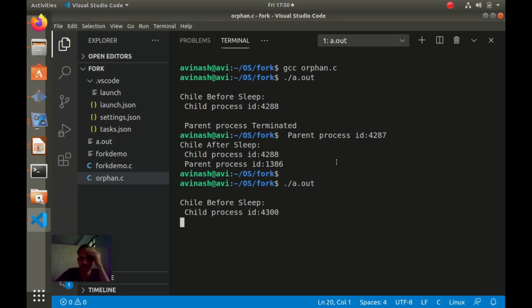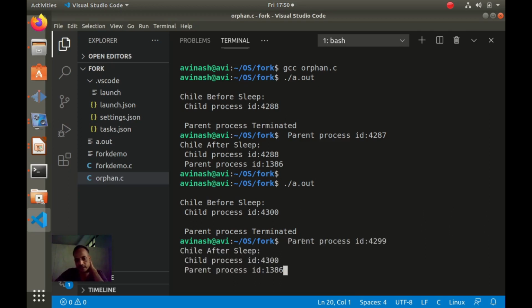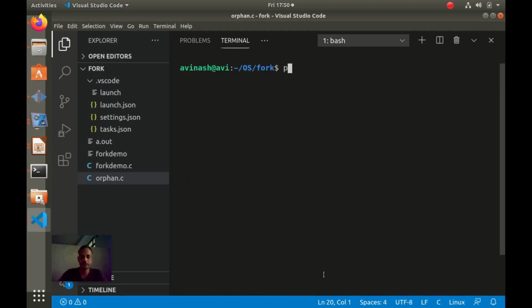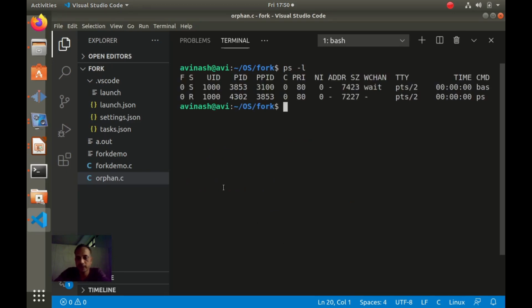So you will get a different output every time because the order of execution for parent and child is not fixed. So here it is 4299, 4300 of child, and after sleep 4300 of child is the same, but parent process ID is changed. So what is process ID? Every process has a process ID. For example, if you type the command ps -l, it will show you the process table.